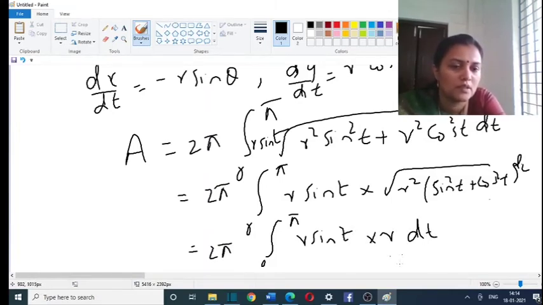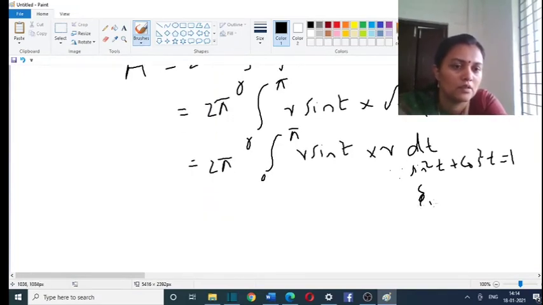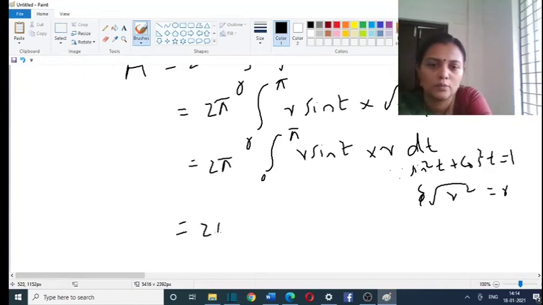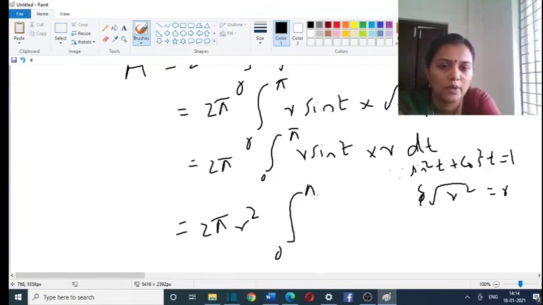Since sin square t plus cos square t equal to 1 and square root of r square equal to r, which is equal to 2 pi, here r square term is there, we can take outside, integral 0 to pi sin t dt,